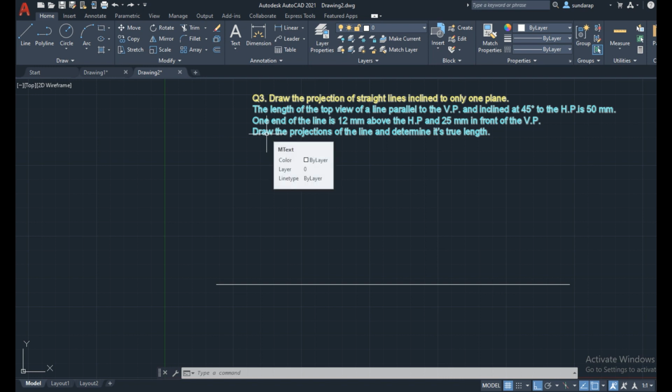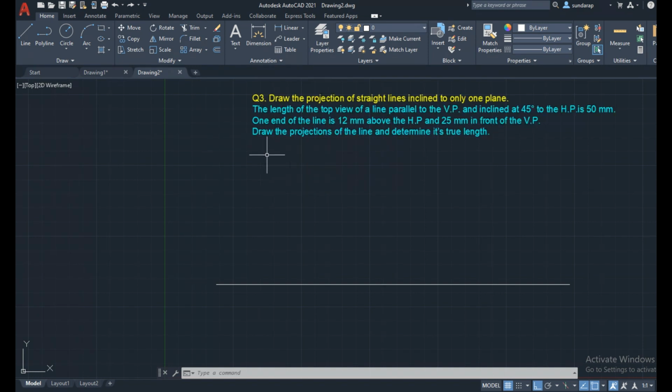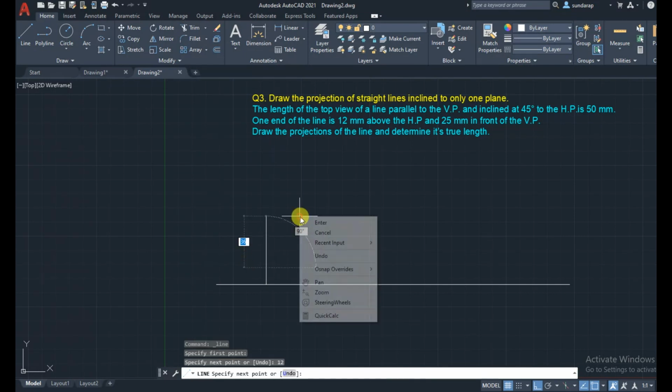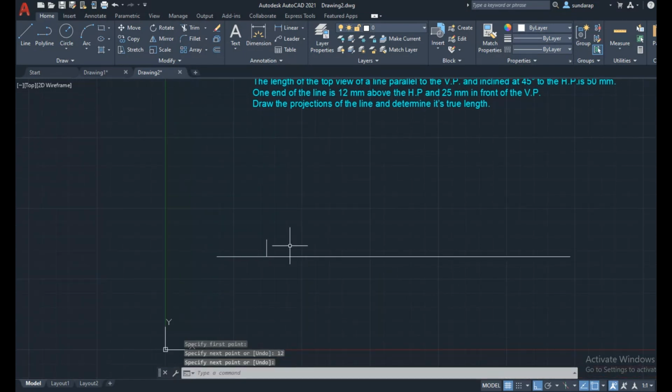Here I consider a straight line with two ends, A and B. One end, point A, is 12 mm above the HP, and 25 mm in front of the VP.